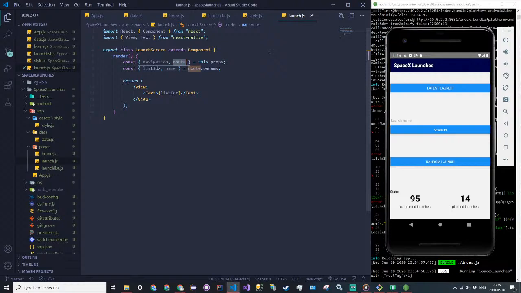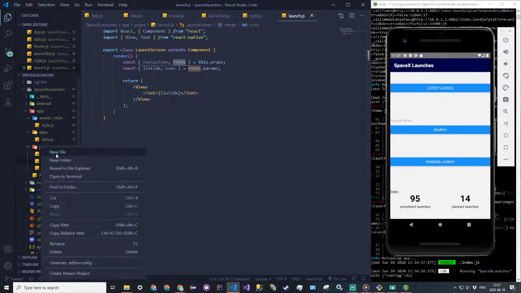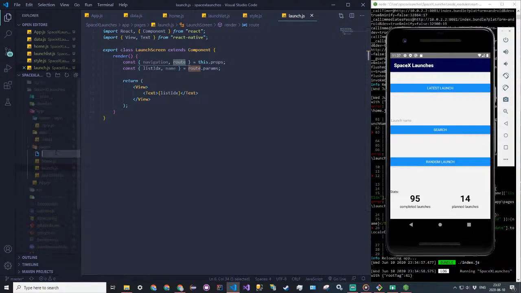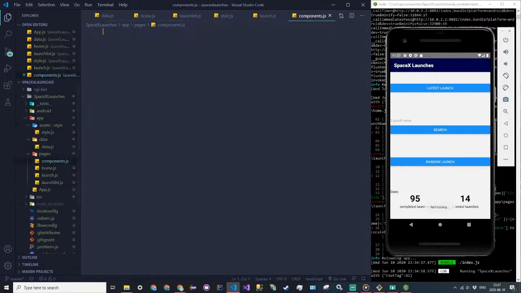So first thing I'm going to do is I'm going to create two custom components, and because we're going to use these components in several different areas, I'm going to create a new file to store components. So in pages, I'm going to create a new file called components.js, and in components.js